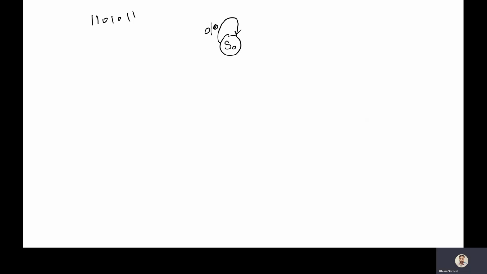तो इस केस में हम चाहेंगे कि हम S0 पे ही रहें, जब प्रेजेंट स्टेट के ऊपर ही हम रहें, because our goal is to detect, to go to the next state, or to do state transition when we detect this first one, right? And in case we get this input 1, in that case we will go to the state S1.